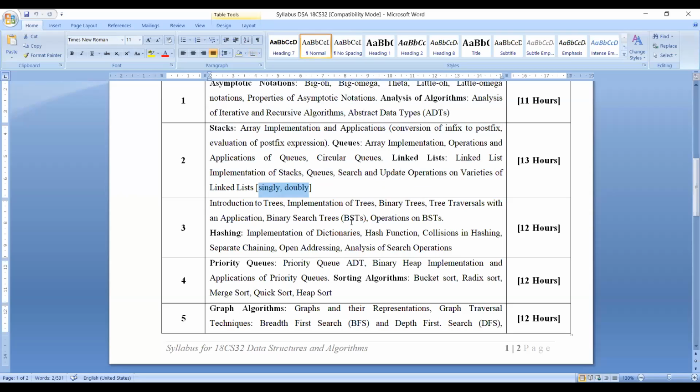We are going to concentrate much on these parts. You have to look at the algorithm, then the programming as well. They may ask in the university, or in the descriptive question, to write an algorithm or write a C program for insertion operation in single linked list. They may ask like that, or double linked list, or insert at the end of the list. So all these things we have started.